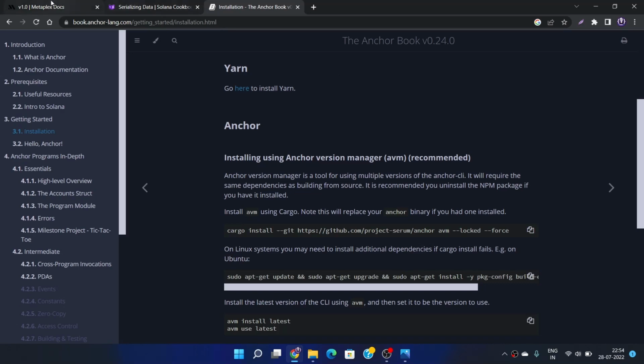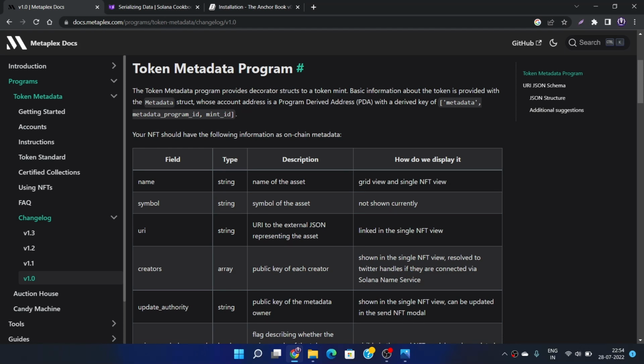Our third reference will be the Metaplex documentation. Metaplex is very helpful, and it is a collection of tools, smart contracts and more designed to make the process of creating or launching our non-fungible tokens much easier. This Metaplex documentation is very lucid and crisp, so you can definitely learn the whole concept of